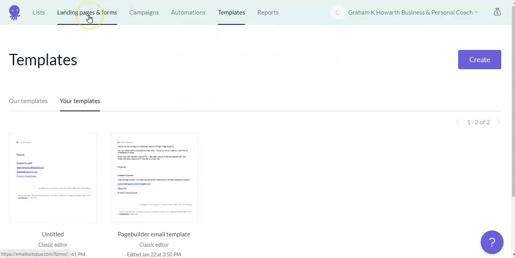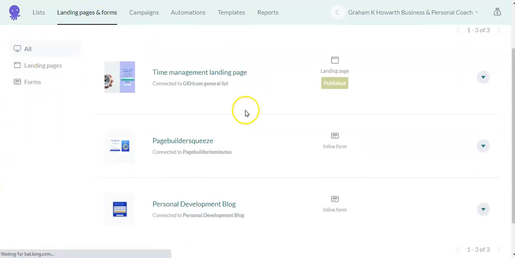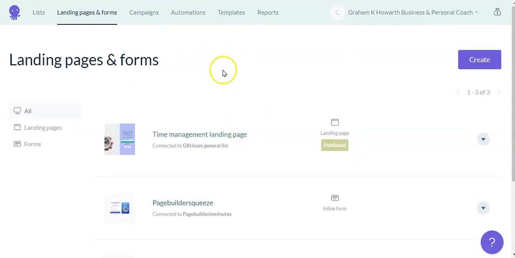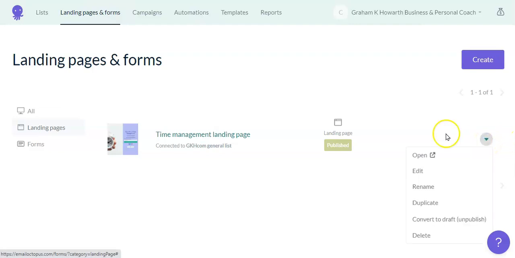Okay, so let's go to the landing page and forms section, and here we can either look at everything on this particular section, or we can look at just the forms or just the landing pages. And if we look to the right hand side, you've got a number of different options.